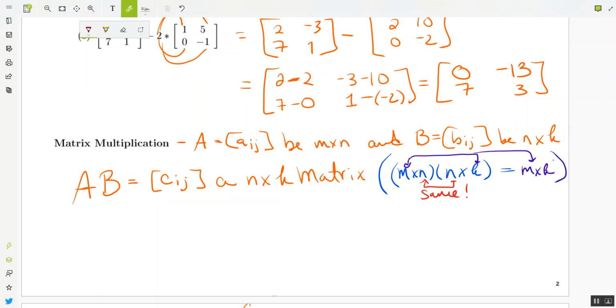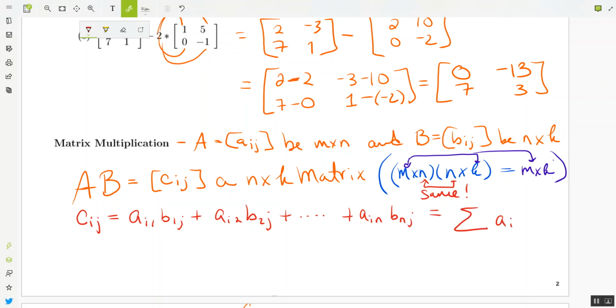So how this is done is you're going to take the rows in A times the columns in B and then add up all the entries resulting from those multiplications. Does that make sense? If not, here is the formula behind that, and I'm going to write the description of it. So the little C_ij's are going to be a_i1 times b_1j plus a_i2 times b_2j plus dot dot dot until you hit the last one, which will be the nth one, a_in times b_nj, or if you want symbolically, it's a_ik times